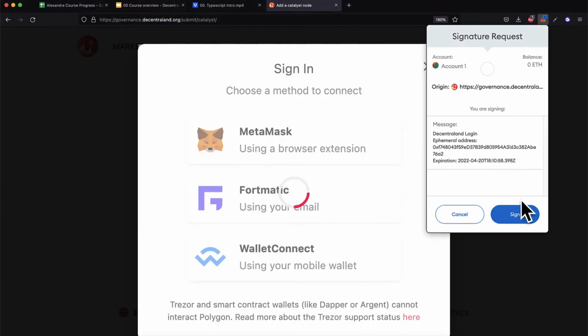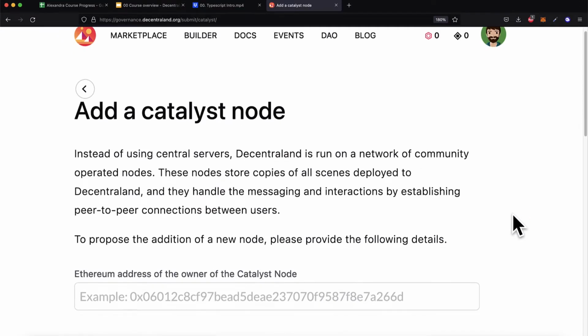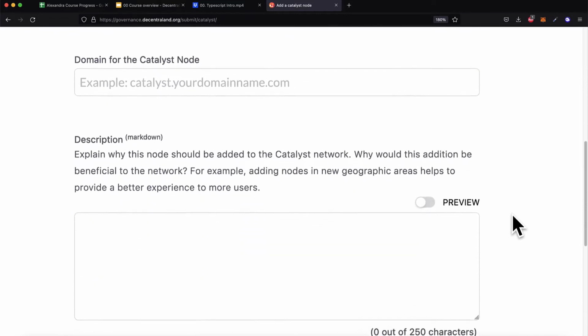Voting takes place on the Decentraland DAO's governance interface, which is powered by Aragon, an open source infrastructure with governance plugins.